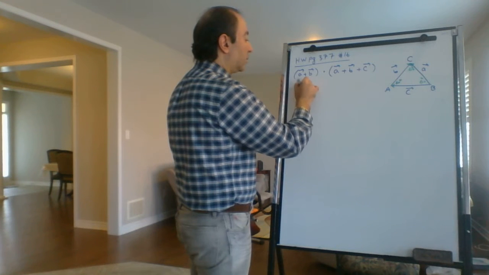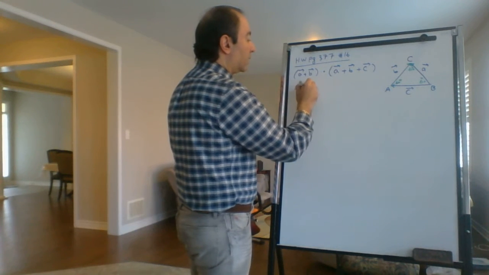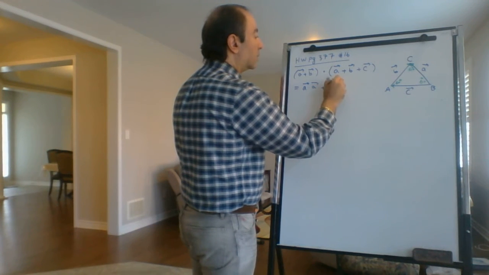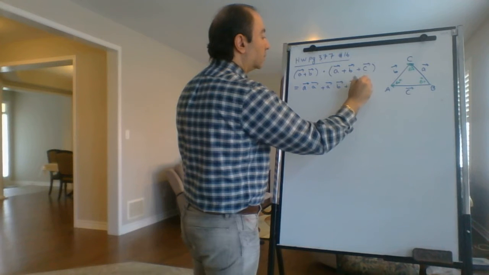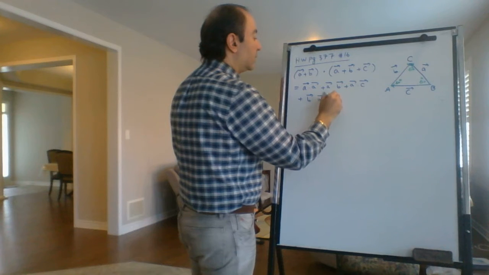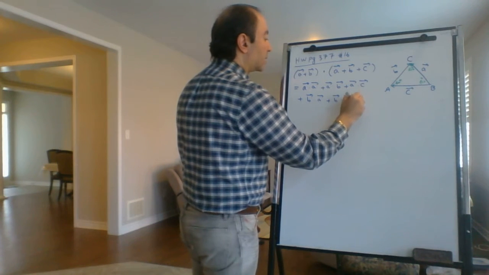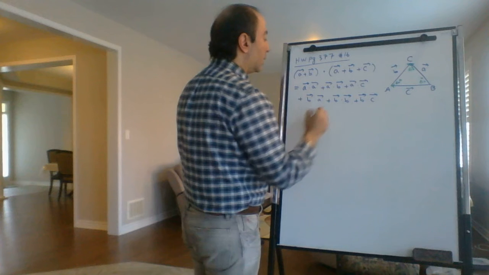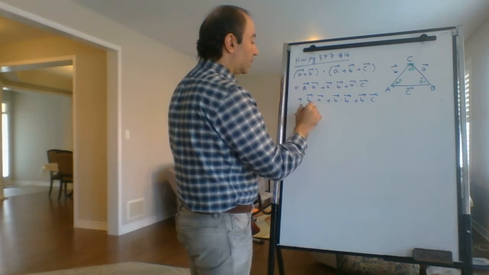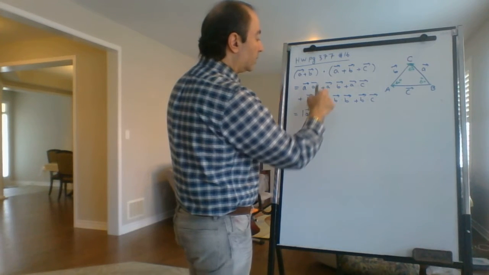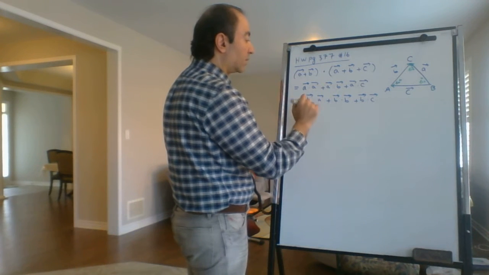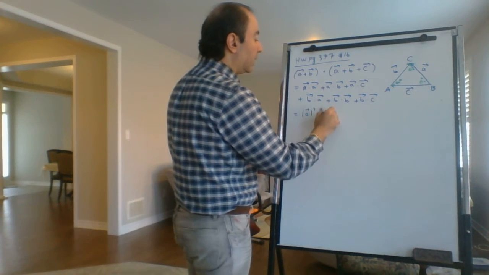So it will be A. I will dot A with everything here: A dot A plus A dot B plus A dot C plus B dot A plus B dot B plus B dot C. Okay, A dot A is the magnitude of A squared. A dot B and B dot A are the same thing because of the commutative property, it doesn't matter which one we start with. So this is 2A dot B